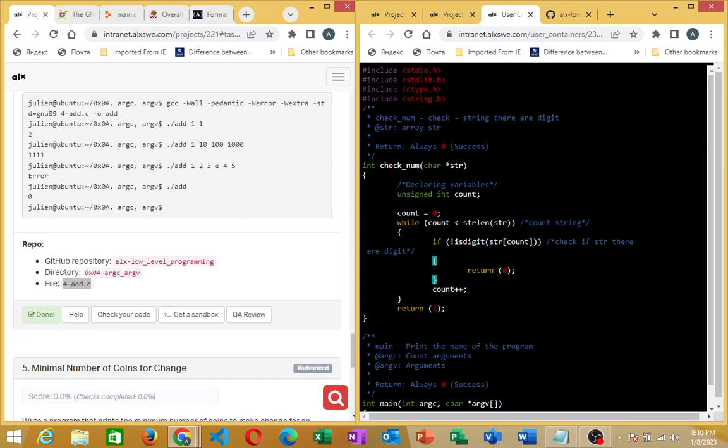This is the comment, and here you have your function. The function name is check_num, and our function is returning an integer, and this is the argument passed into the function. This is a pointer to a string. Here we are declaring the variable count as an unsigned integer, and we initialize count to be 0, and while count is less than the string length,